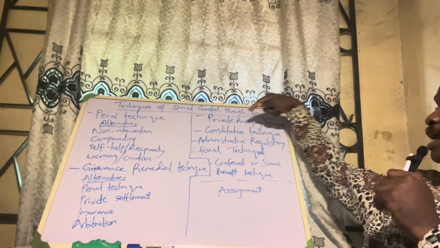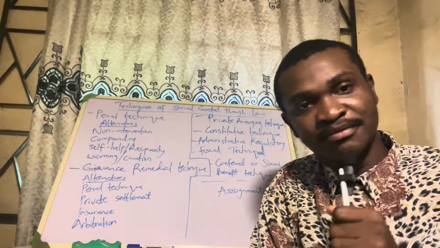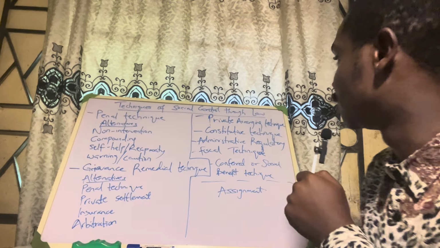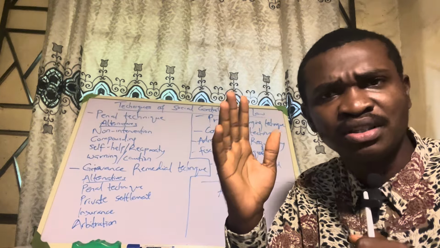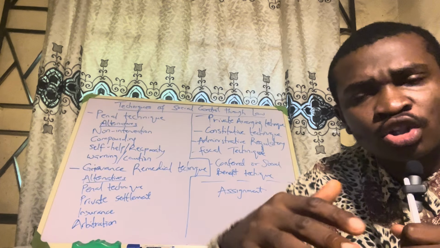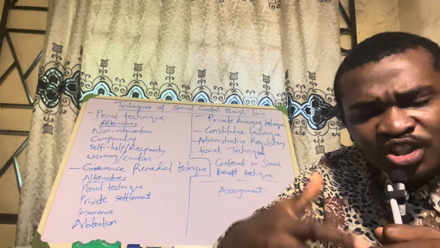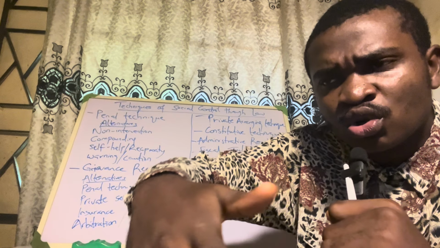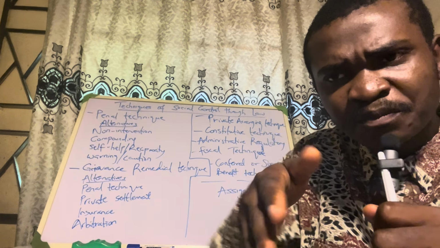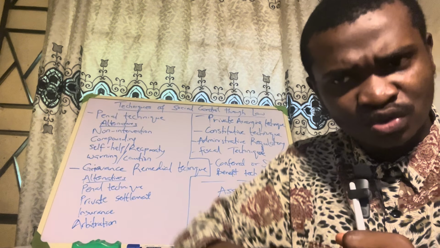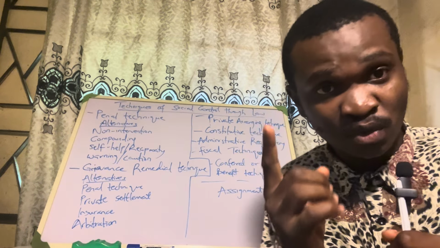So we now have the private arranging technique. From here, they don't have alternatives, so we just look at them one after the other. Private arranging technique is where the law has given you the opportunity to agree on what you want. In this group, the law has given you the opportunity to decide how you will guide your group, how you will go about your activities in a particular group, but within the legal framework.